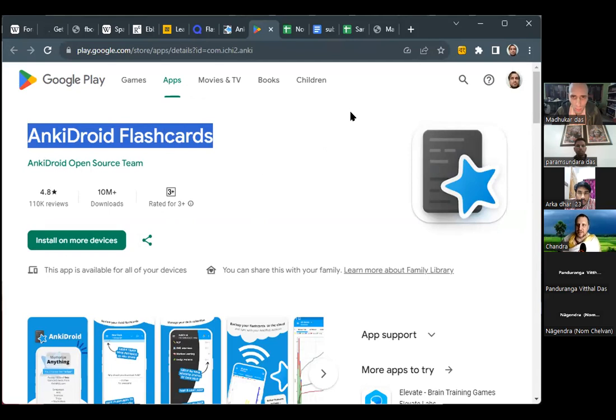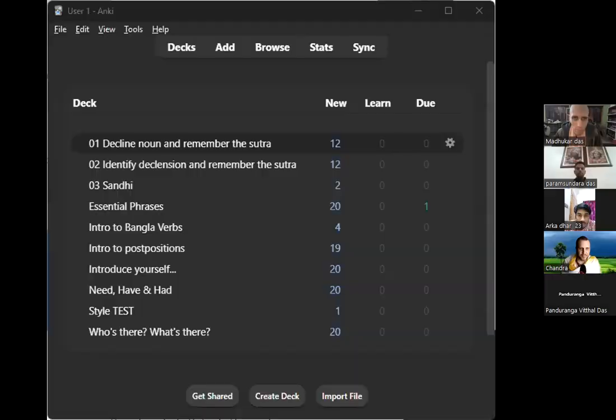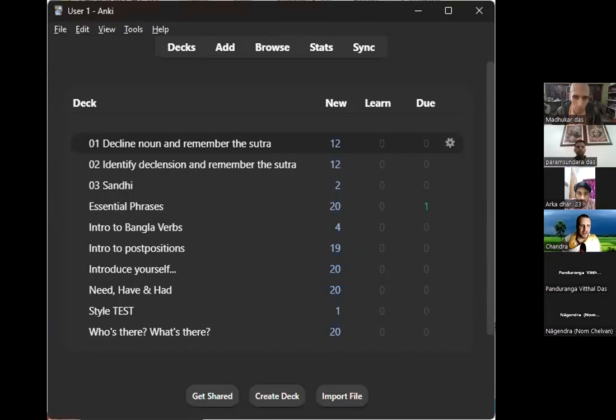Now just to show you a little bit of what I've done, and then if you're interested, I can show you how I've done that. I'll just share a different screen now for a second. Okay, so here we have the Anki app. What we have here are a number of different decks. A deck is just those cards, the flashcards. Each flashcard presents a question, and then you turn it over to see the answer. So let's have a look at that.